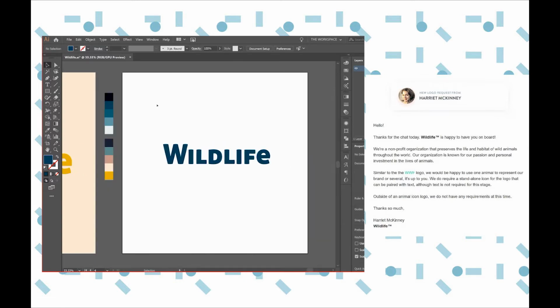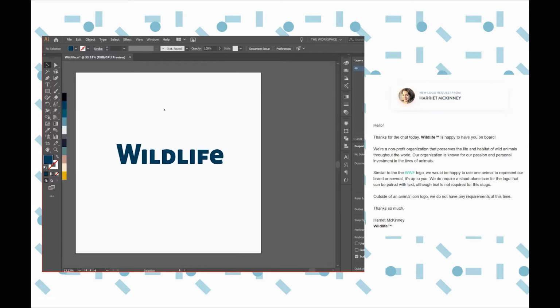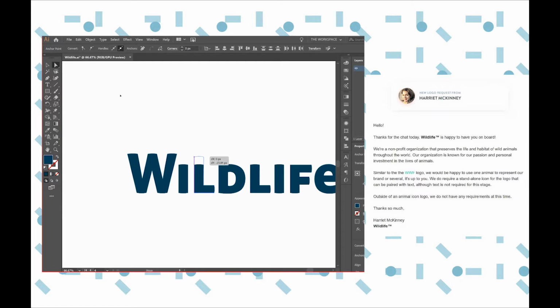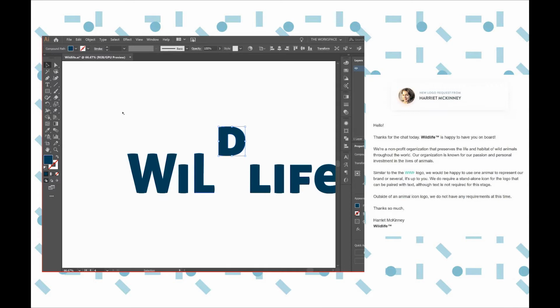So the next thing I want to do is, it looks like I made this L a little bigger. So we'll go into our direct selection tool, so you can hit A to get into that, or just click on it in the left toolbox. Then I'm going to select the top points here, and pull it on up to be flush with the W. Then I'm going to move this D out of the way for a second, because I also want to make the foot of the L longer,